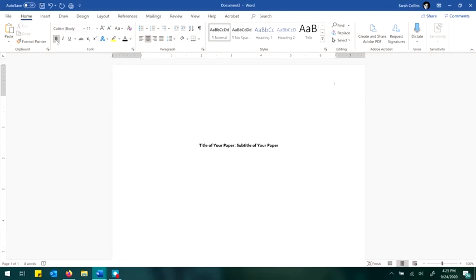The next thing is you hit enter twice. APA wants an additional line of space between the title of your paper and the rest of the information. So hit enter twice. You want to make sure you unclick your bold so that you don't have that formatting anymore. And then you proceed with the next information. And so that proceeds in the following list.